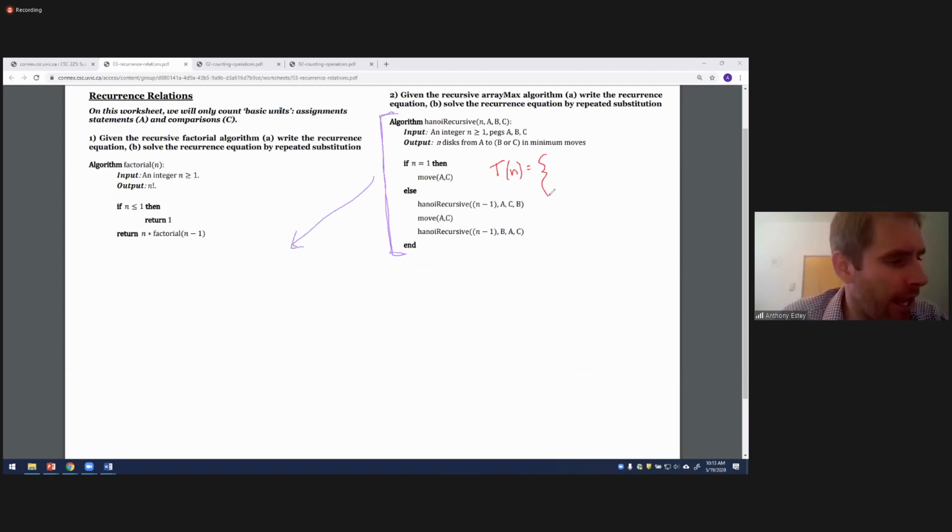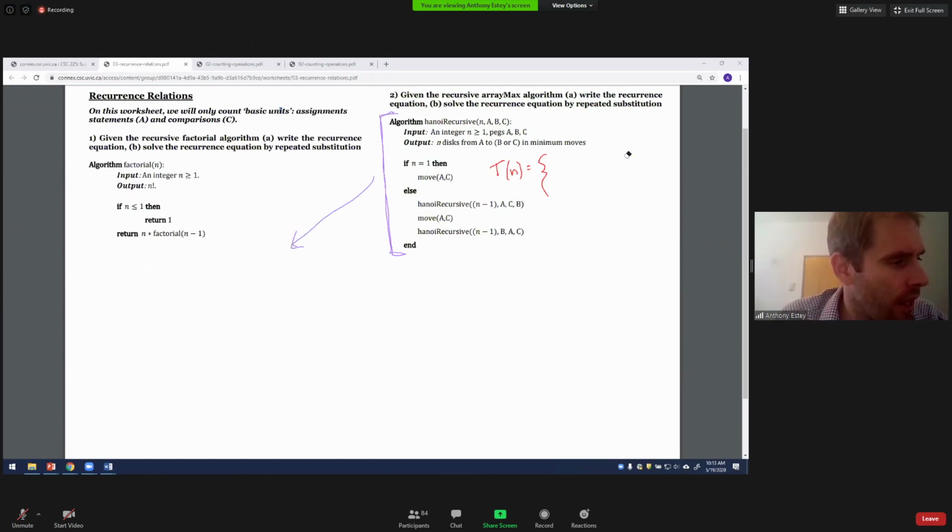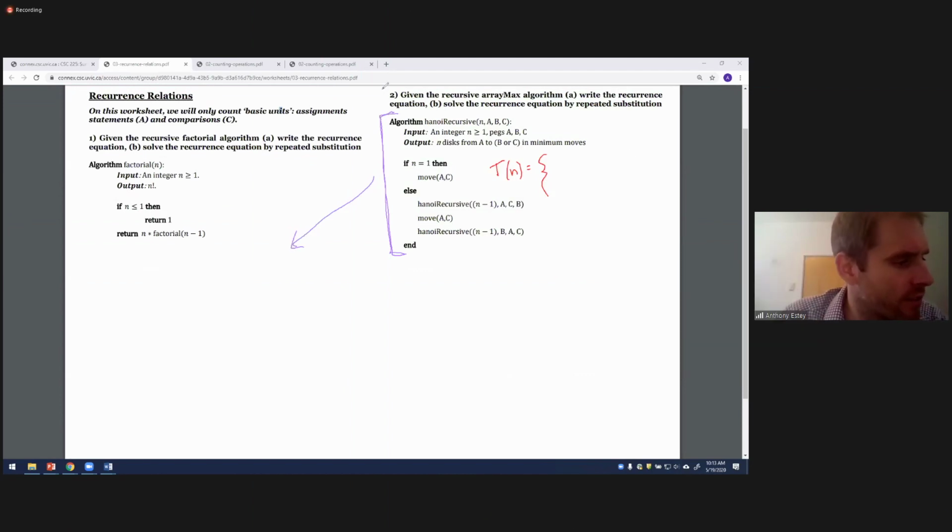Think about the base case when n is equal to 1. What I'll say, to keep this one simple, is that we're not even going to count a move operation, when we're moving these pegs, as an operation. Does anyone know